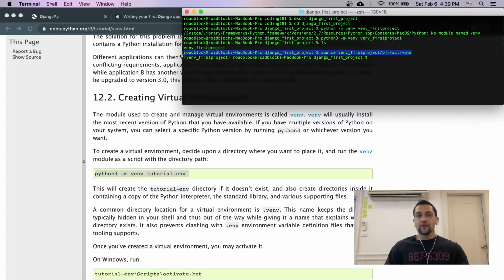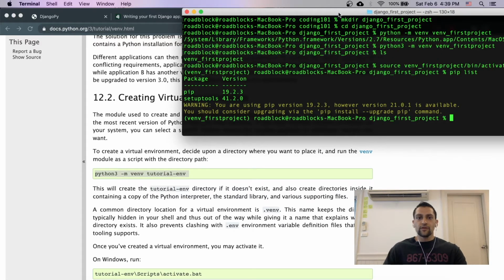So hopefully from the first video you were able to see how to create a virtual environment and then enter into the virtual environment. Now I know that at this point if you're new to virtual environments this might still be very confusing. You might not still have your virtual environment set up, but how do I know what's in my virtual environment? I can do a pip list and I'm going to make this font a little bit bigger and we see